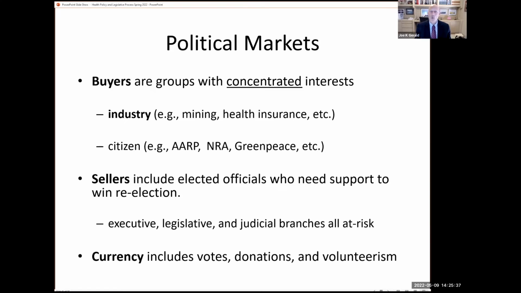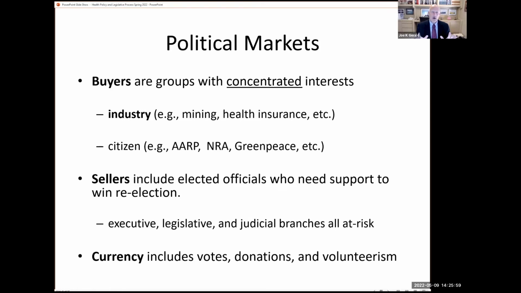These ends aren't always financial. For example, Greenpeace might want to see protections in place for water pollution in our country's rivers and streams to protect the health of fish and other aquatic species like amphibians and birds and those that feed them in the food chain. Right? So that's who buyers are.